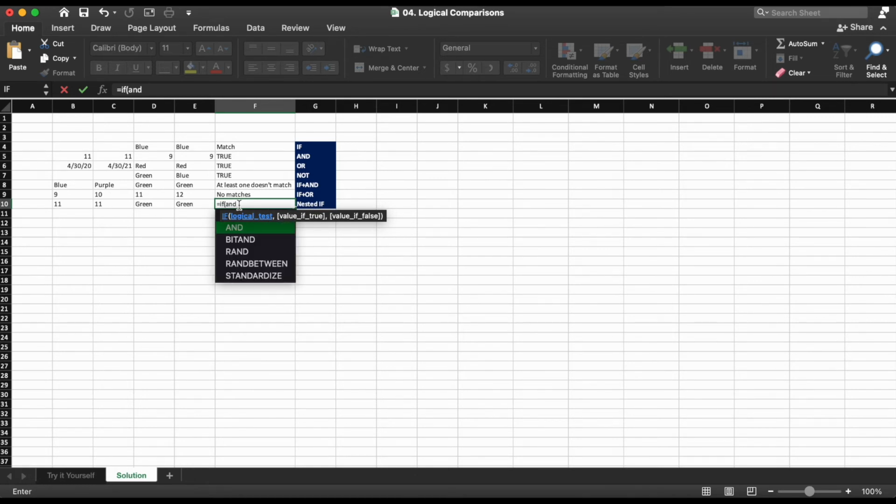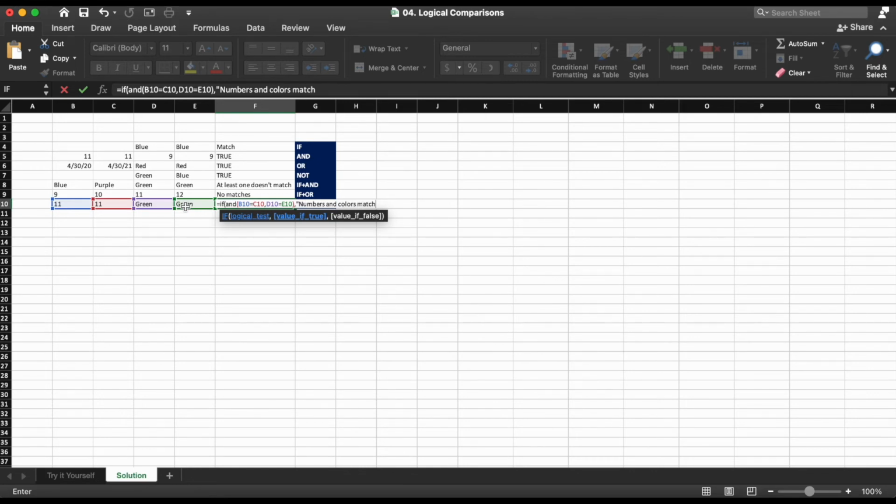So we're going to say if B10 equals C10, comma, D10 equals E10, and we're going to close off our AND statement, and we want to return the value, open quote, "numbers and colors match." We're going to close our quote, and then instead of passing through a false value, we're going to put a comma, and then put another IF statement in.